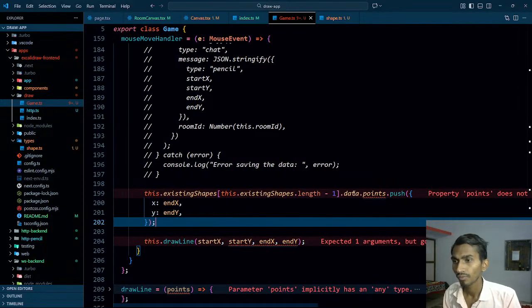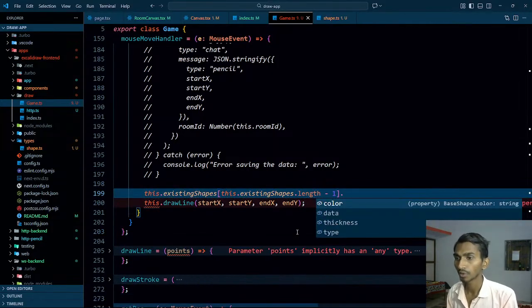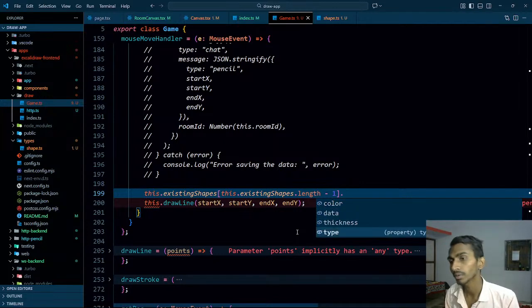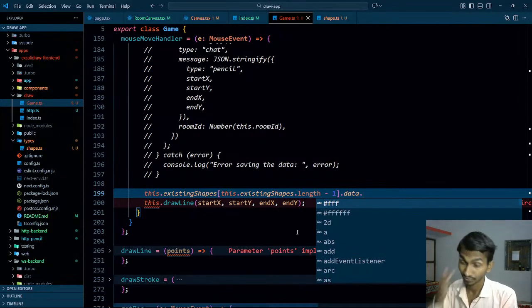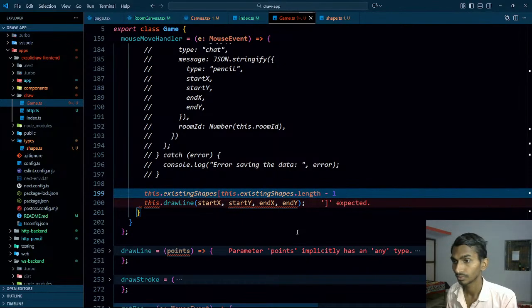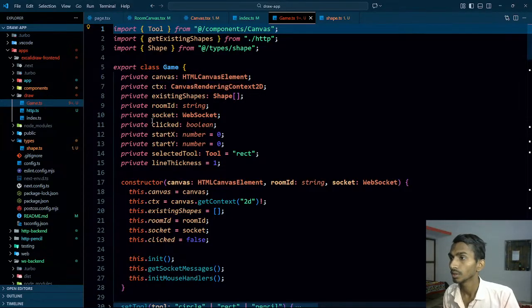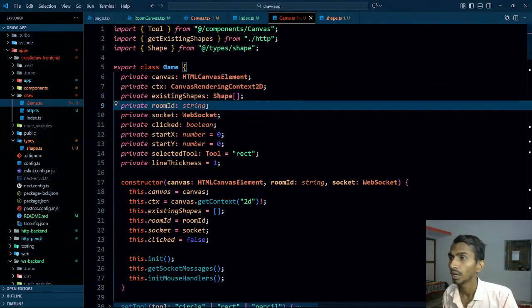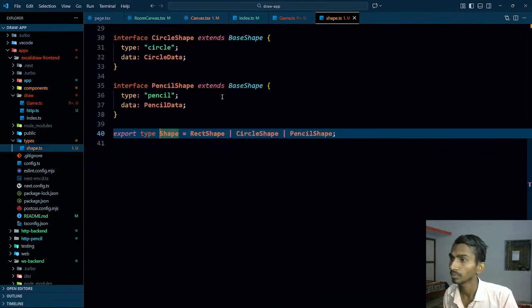What am I getting? Let's remove this part from here for now. This is the last index that I got. I have color, I have data, I have thickness, I have type. If I click on data, what am I getting? I'm getting nothing in suggestions. Okay, why am I not getting this? Oh, sorry. Let's go to existing shapes where I've saved them. Existing shapes. Existing shape is an array, that is understandable. And when I click on the shape